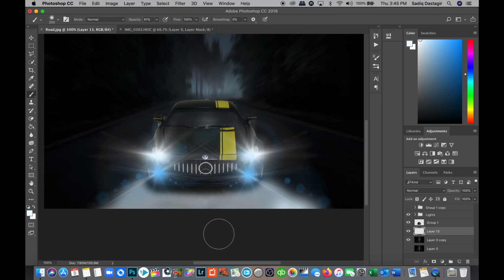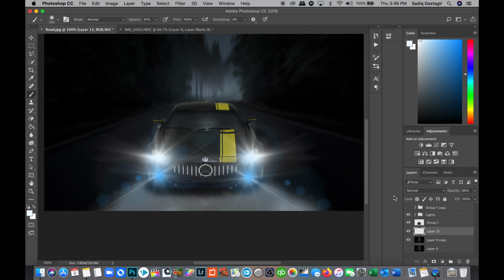What you can do is keep your lighting judgment. You can use these lights at the end, this here, and paint somewhere within that path. No, this light is looking too bright. No worry, we'll select this layer, come to the opacity and reduce it a little bit, to around 65 maybe, and that looks good. Okay, now everything is in place, the lights, everything.